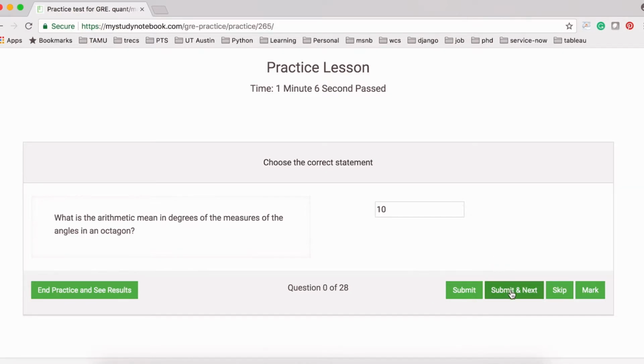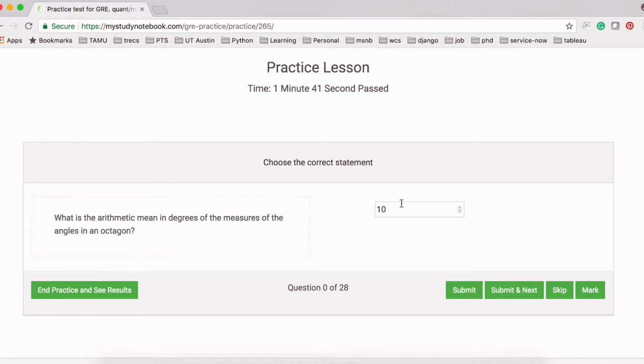If you don't want to see the result and you directly want to go to the next question, but you want to submit, then you can click on this button. It will submit your answer, but it will not show you the result. Or if you think no, I don't want to practice this question, then you can just skip. Another option is mark. This mark option is for when you want to come back to this question sometime later. You can click mark, then this question will be marked and you can come back to it anytime in the